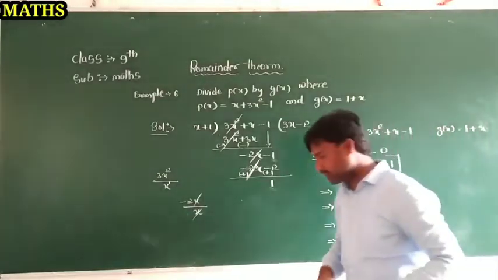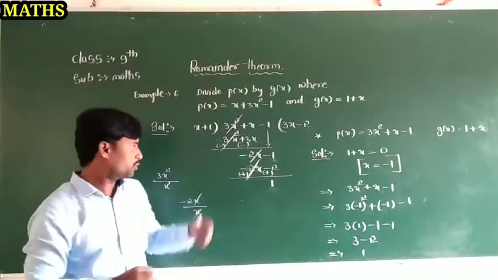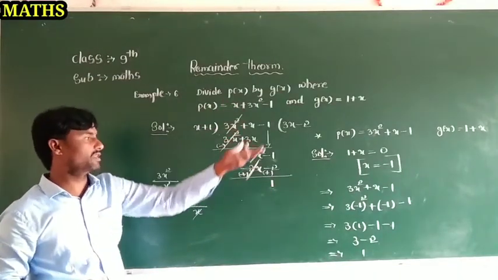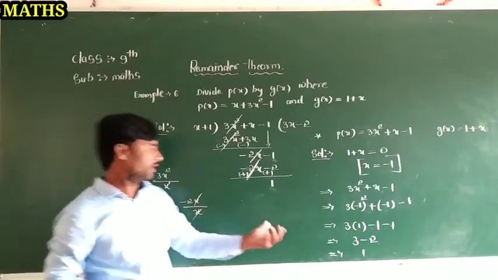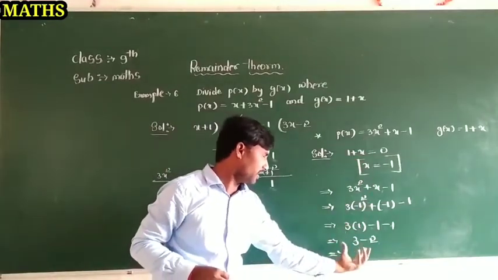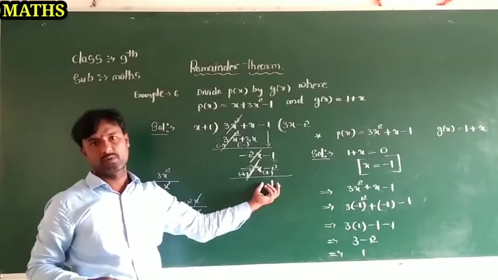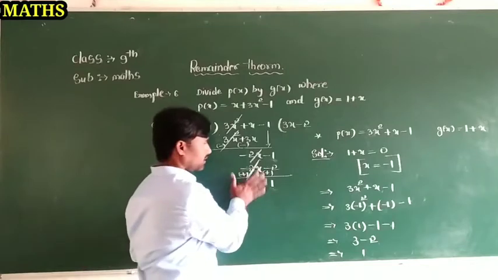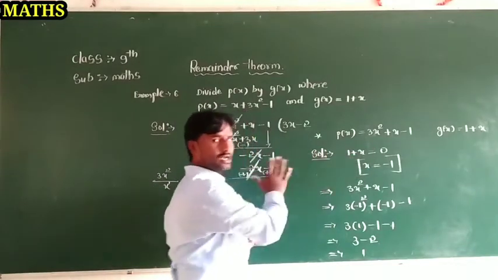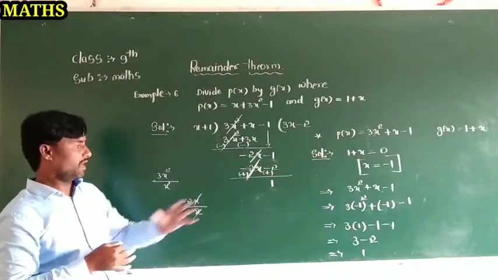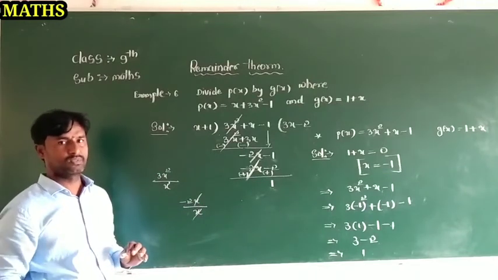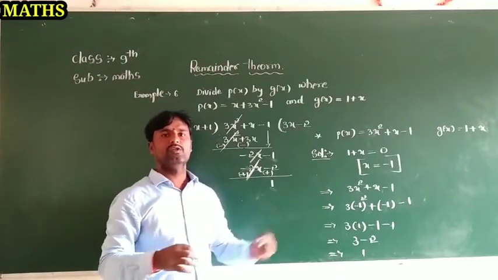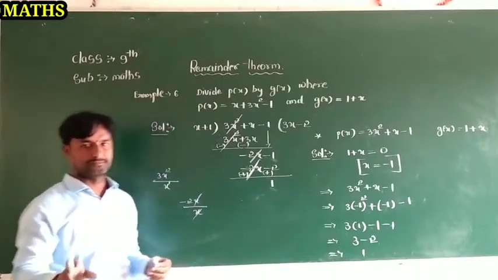When we are doing the division, how we can get the remainder, we should already know this method, dear students. Afterward, the textbook method applying according to the syllabus, like that we take the remainder here 1. This is also 1, dear student. I thought you understood this example question. So anywhere in this question or this method, if you are getting confused or have a doubt, you can ask me. I will clarify your doubt, dear students. Okay. I thought you understood both methods. We will go to the next example question, dear students.